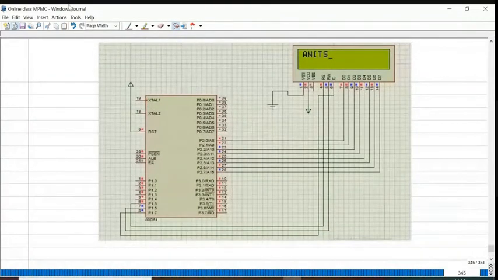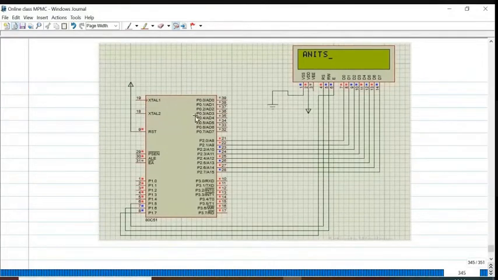Somewhat better. This I have simulated using Proteus software, so I have directly taken the screenshot. Many textbooks follow different configurations, with some resistors and all. Nothing is required. This simple arrangement is sufficient to implement your concept.